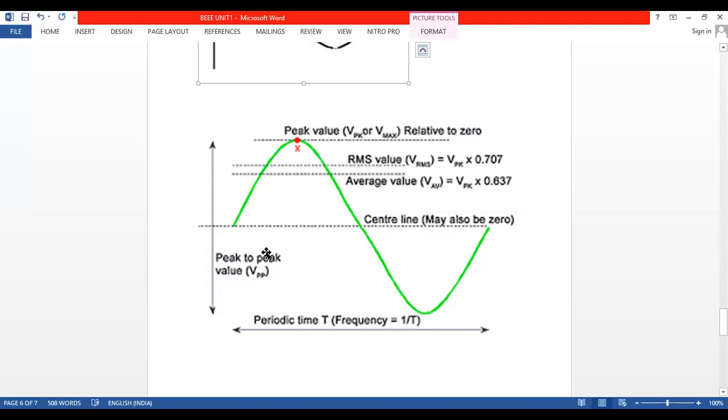Now that finishes this explanation. Frequency. Peak to peak. Can anybody define this in one word? Peak to peak value. The distance between the highest peak of the wave and the lowest peak of the wave. Very good. Excellent. Yes, we can write in that manner. As it is, we will get the complete words.